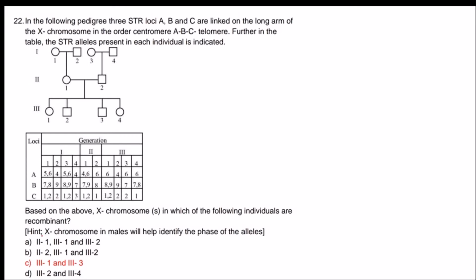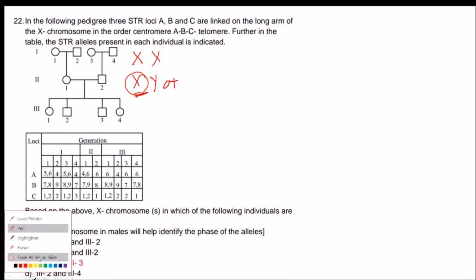Now coming directly to the question, we just need to know that females have 2 X chromosomes and males have only 1 X chromosome. Males inherit the X chromosome from the female, and females inherit 1 X chromosome from the mother and 1 from the father. As there is no option with the male, his X chromosome will always be inherited by the female.